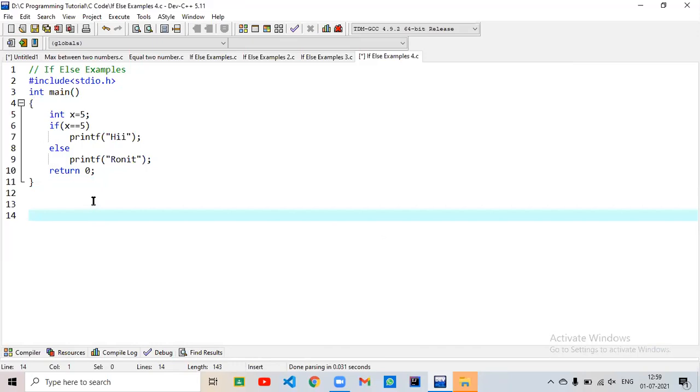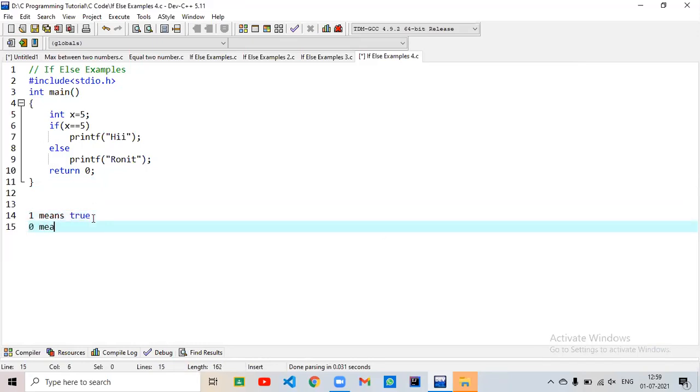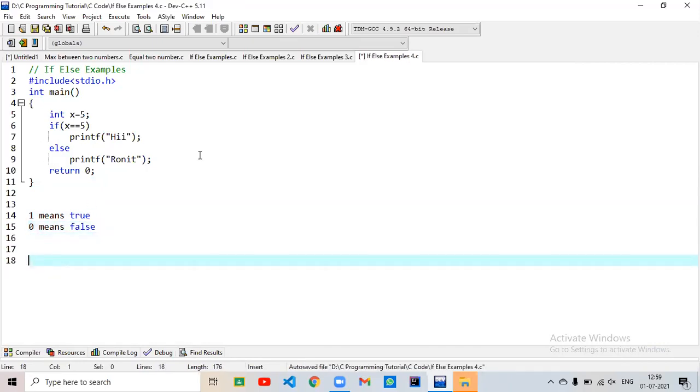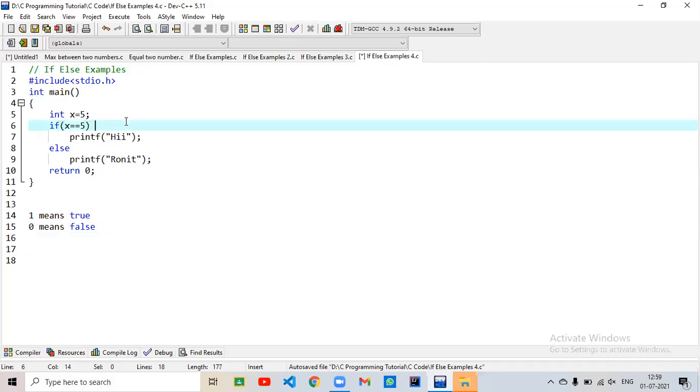I'm having some compiler problem here because everyone knows in computer science 1 means true, 0 means false, right? And this statement will return 1. So as it is a non-zero value, that means it will be true. So high will be printed.